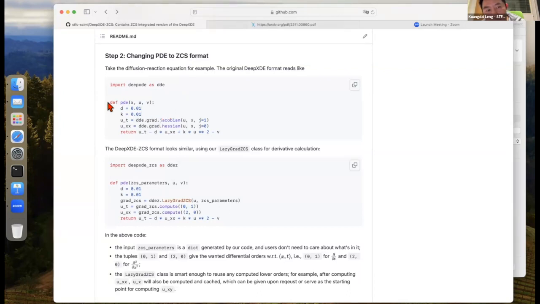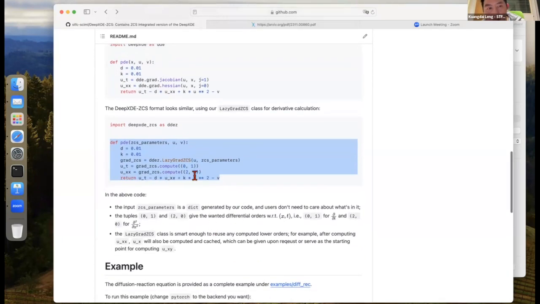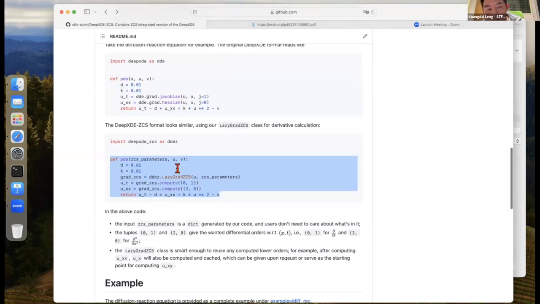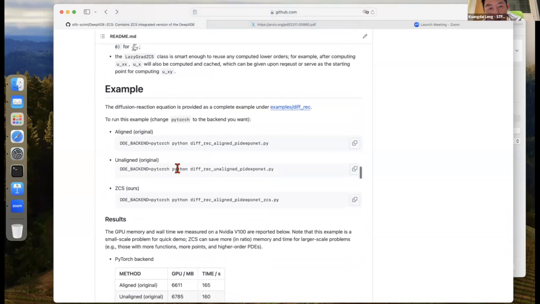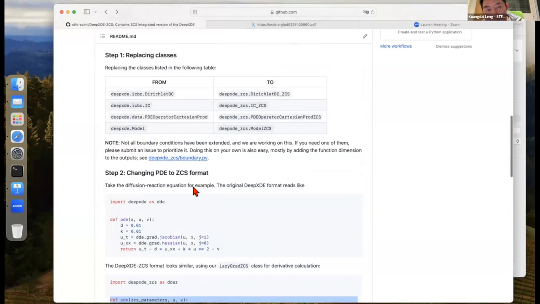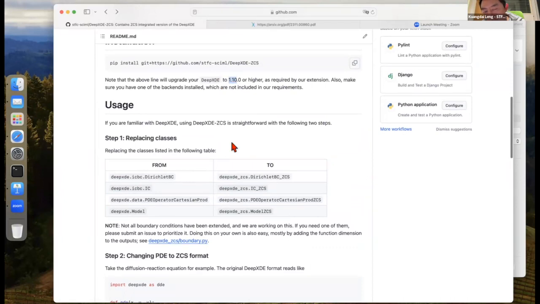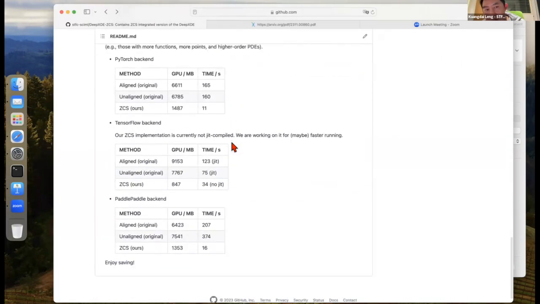This is what an original PDE typically looks like. This is for the diffusion reaction equation, and it will be changed into this style. You can read the details here, but what I want to emphasize is that these changes are really minimal. With these 2 changes, and the examples provided, if you have the newest DeepXDE 1.10 running, you can easily install these,